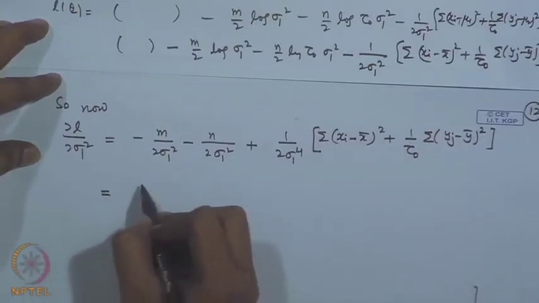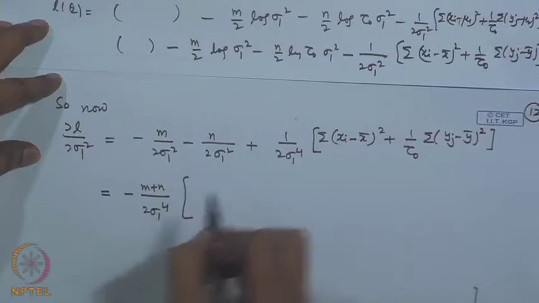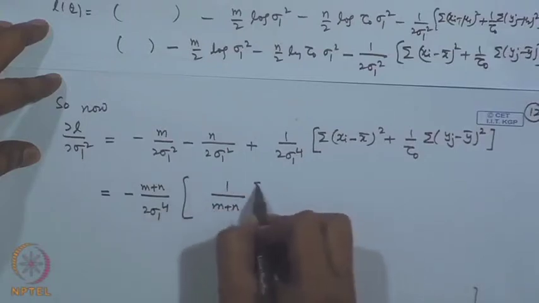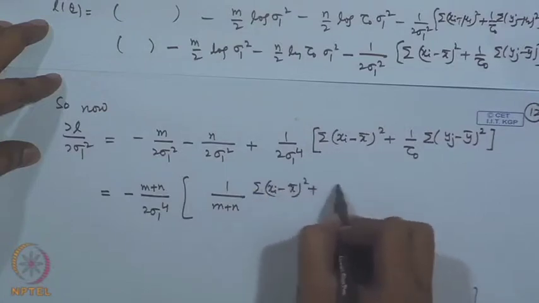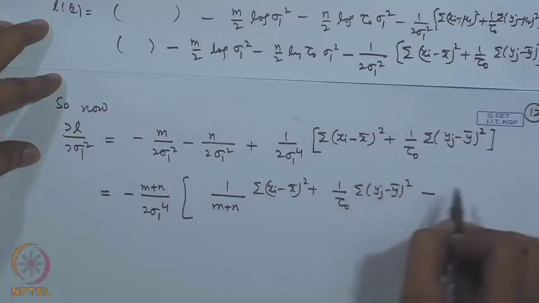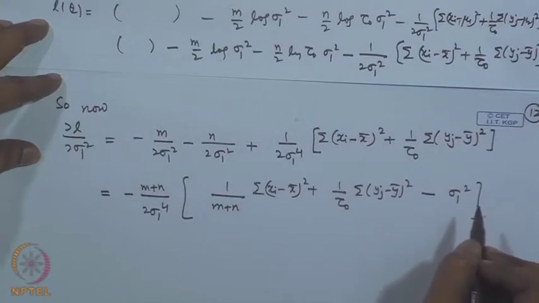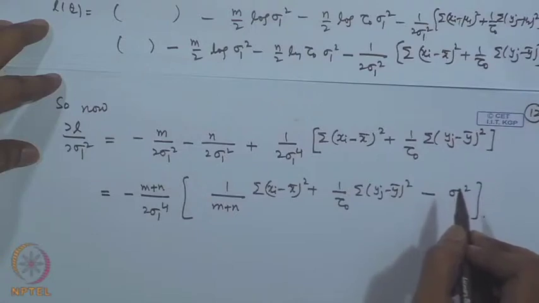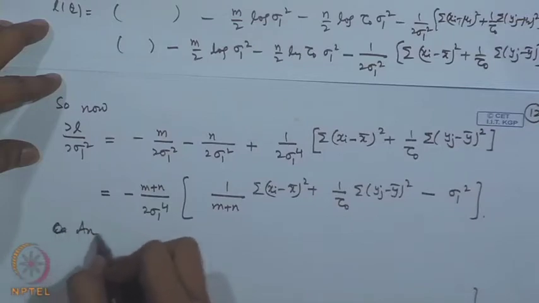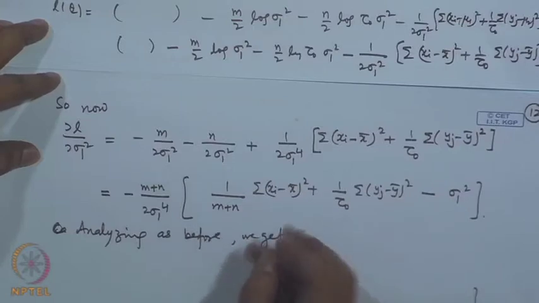So, that I can write as minus (m plus n) by twice sigma 1 to the power 4 times [1 by (m plus n) sigma (x_i minus x bar) square plus 1 by tau naught sigma (y_j minus y bar) square minus sigma 1 square]. So, if we carry out the analysis as we have been doing, analyzing as before, we get here